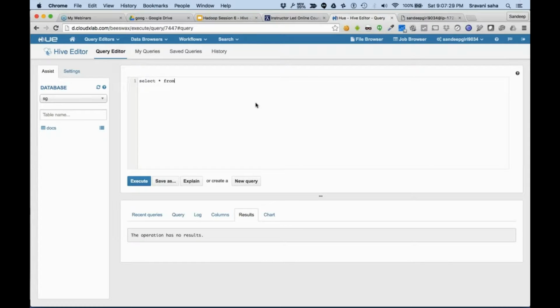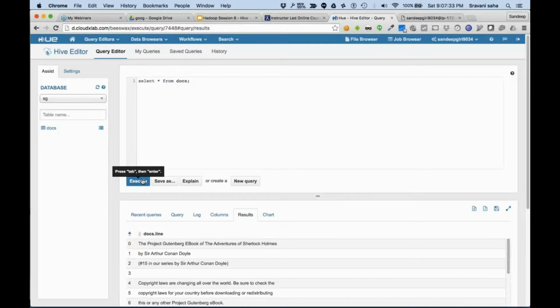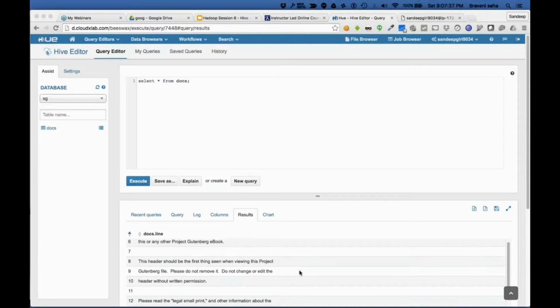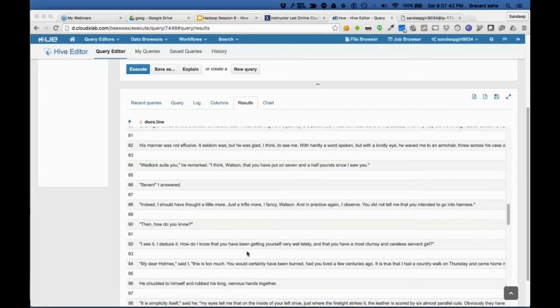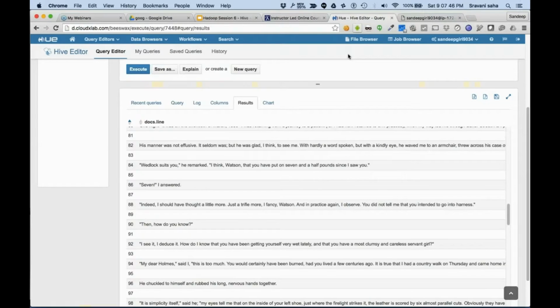Select star from docs. Alright, now it has created a file with a single column. You see that? Same file, the big txt is being represented as a table where there is only one column. Every full line is in that single column.